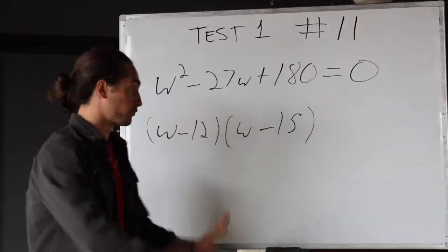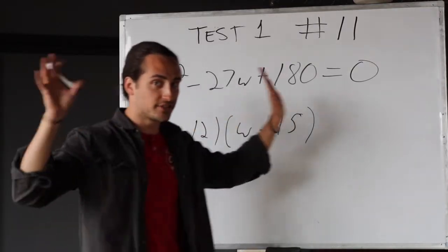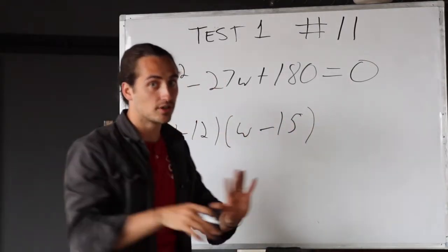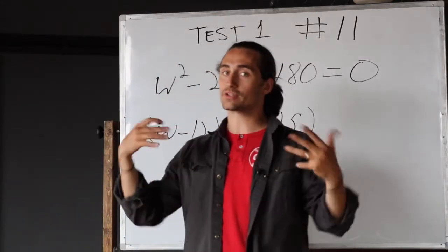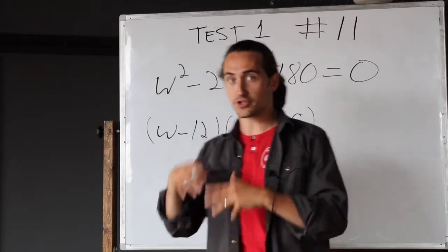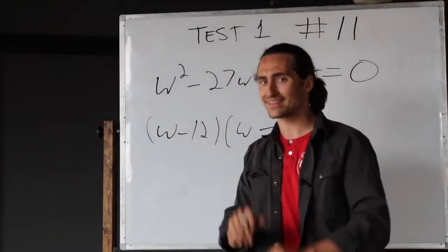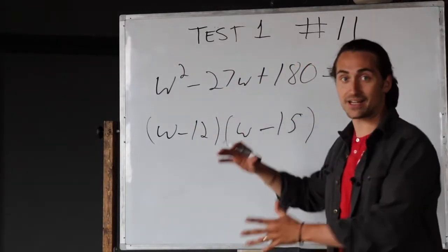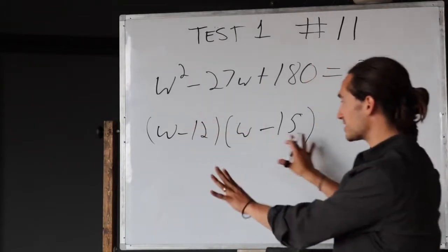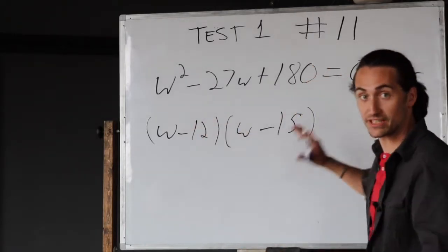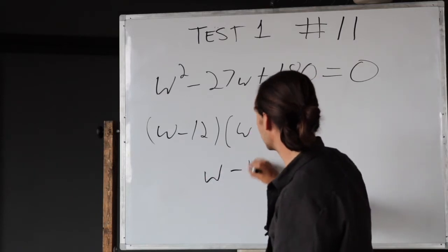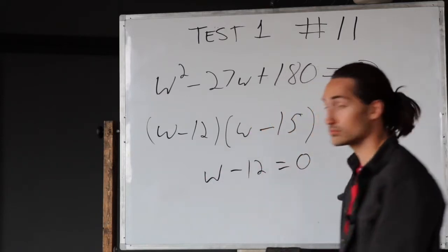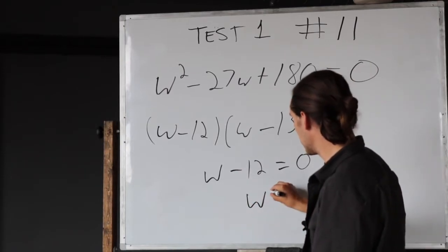Now, let me just say this. Before we finish this, if factoring is not your thing, if you're like, I hate this, if you have a quadratic formula equation in your calculator, throw it in there. Or you can graph this, and you can check your graph and figure out your answer. But I like to just factor it. I get a quick answer because I know with each of these, I can set both of these equal to 0 on their own and say that, all right, W minus 12 equals 0. Solve for W, and I get